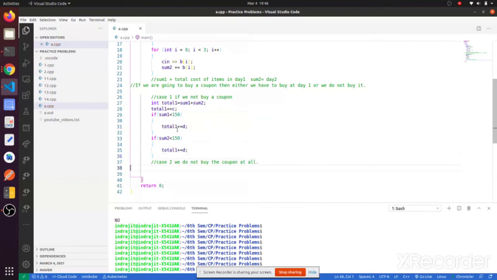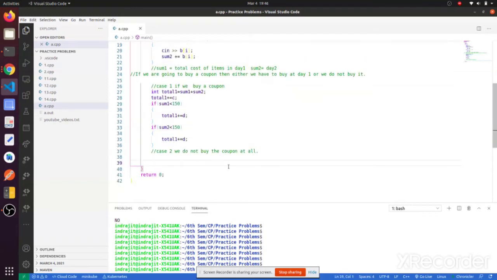So this is our total cost when we buy the coupon.